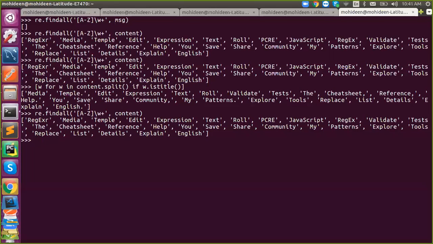So I will explain how I achieved it. Okay. So before moving on, we'll start with re dot search and re dot match. This is the very basic regular expression technique. So what is re dot search and what is re dot match? Both are going to deal with only one line. Got it? What I used before dealt with a number of lines, but these both deal with only one line. Okay.